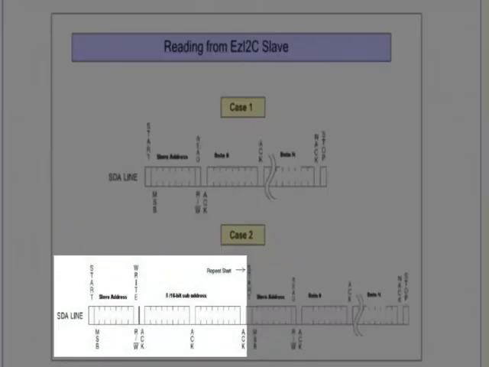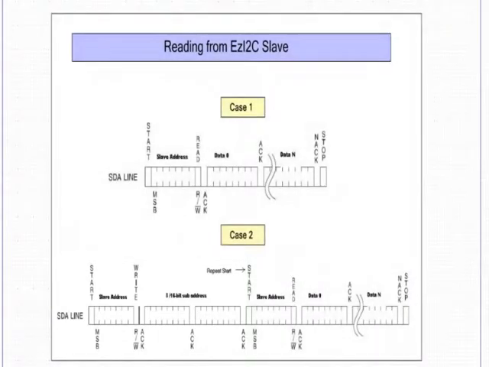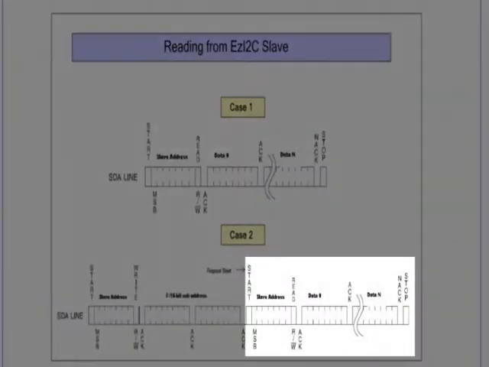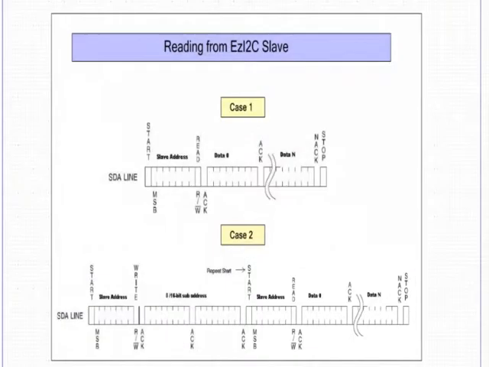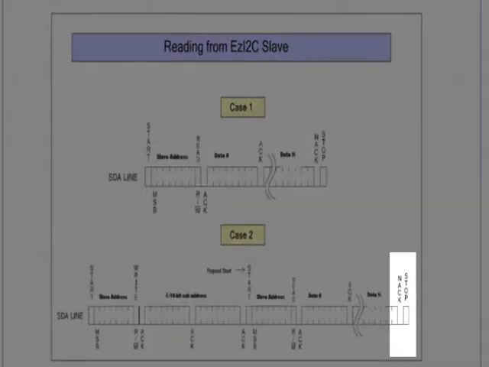This is the write event which sets the subaddress in the slave buffer from where data needs to be read. This is the repeat start event used for reading the slave data. When the master finishes reading the data, it issues a NAK to the EasyI2C slave device followed by a stop condition.